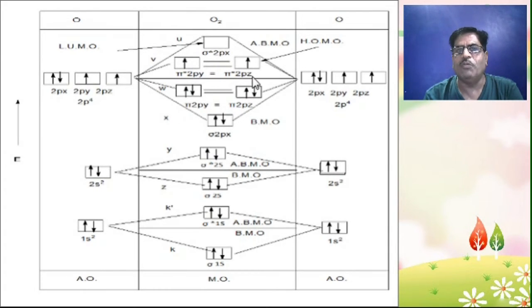So in O2 molecule, two unpaired electrons and the remaining electrons are paired. So it has two unpaired electrons, so it is paramagnetic in nature. O2 molecule is paramagnetic in nature. Now let's calculate the value of bond order here. 2 plus 2 is 4, 6, 8, 10. So the total number of electrons in BMO of O2 molecule is 10 electrons, and how many electrons in ABMO here? 2 plus 2 is 4, 5 and 6, total 6 electrons in ABMO.